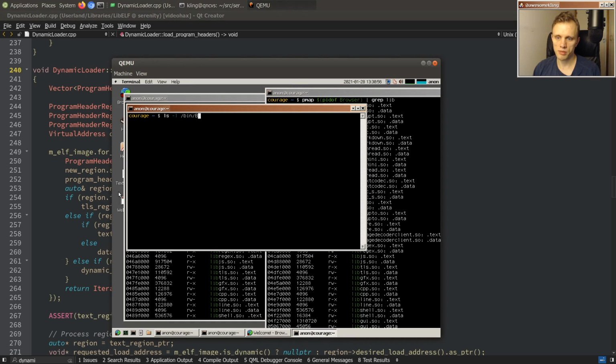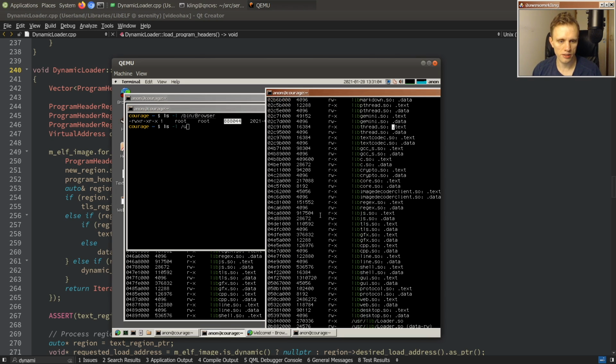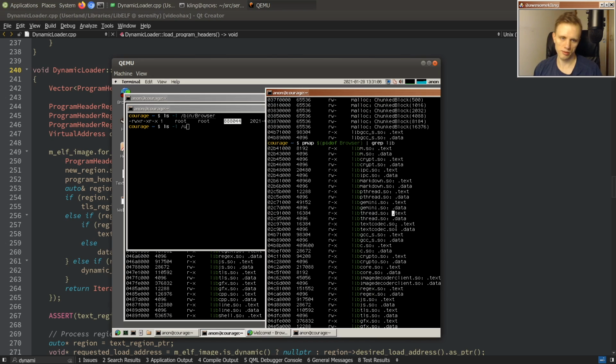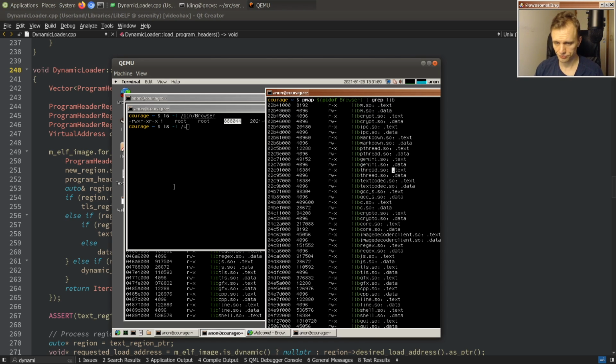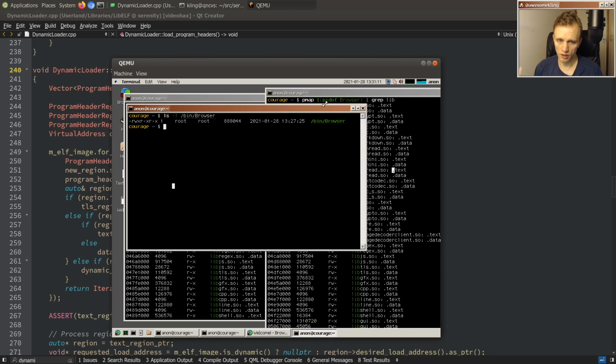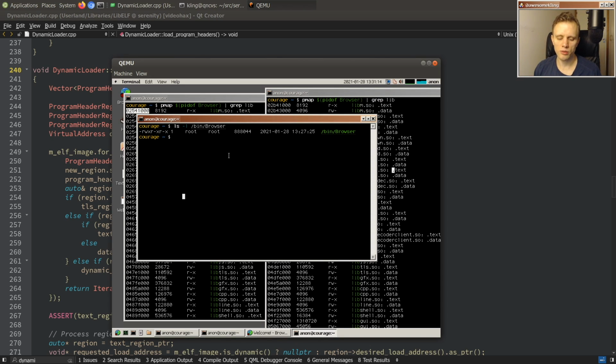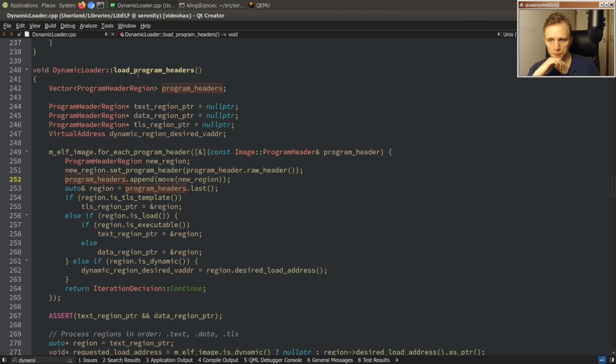So bin browser is actually dynamically linked, so it links with all of these different libraries that you saw here, right? And these are all in user lib, typical Unix stuff. And when you run bin browser, what happens is the dynamic loader will start and looks through bin browser, finds all of the libraries that it depends on, and then one by one it loads them into the memory space of the browser process. So that loading happens here in dynamic loader load program headers,